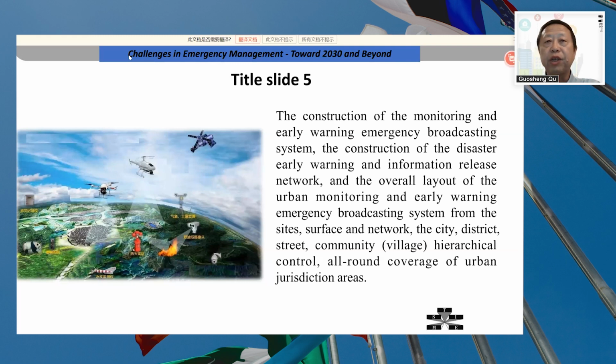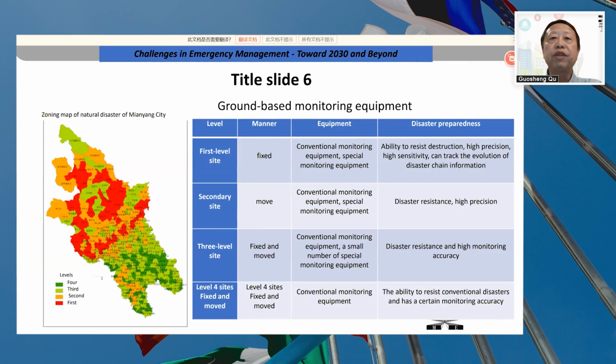So we establish a 4 or more level monitoring and early warning emergency broadcasting system in the pilot area. For example, we hope to do a pilot project in Sichuan province, and in this area, we are planning